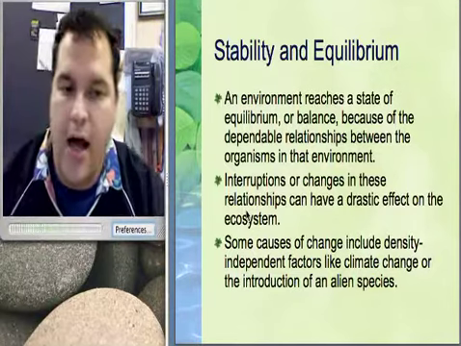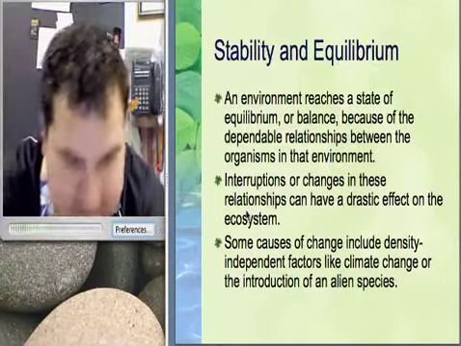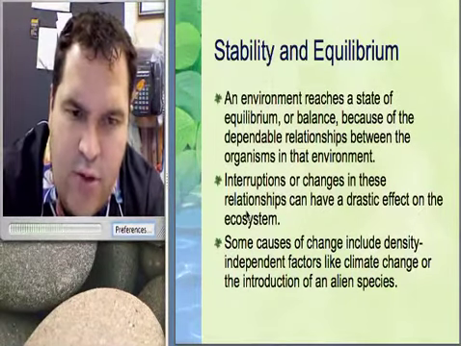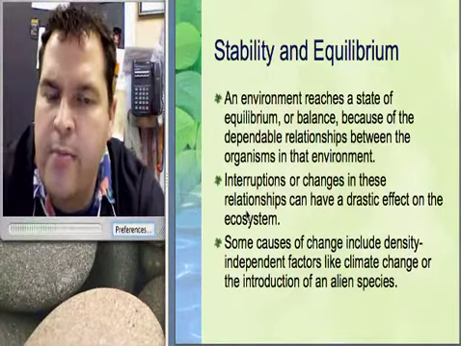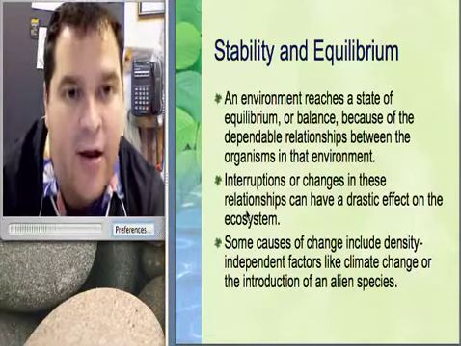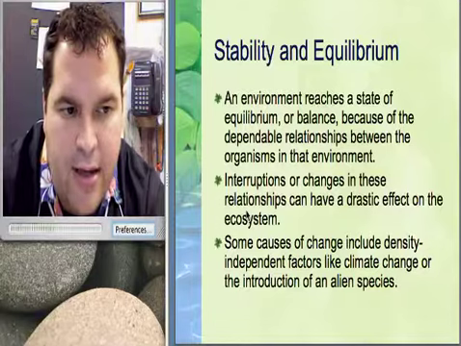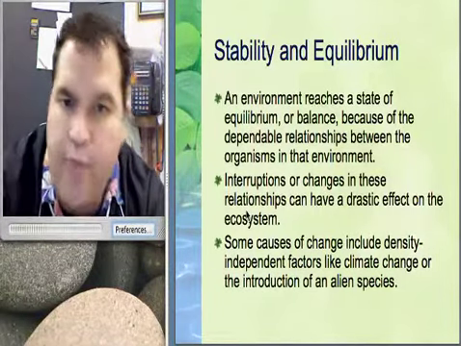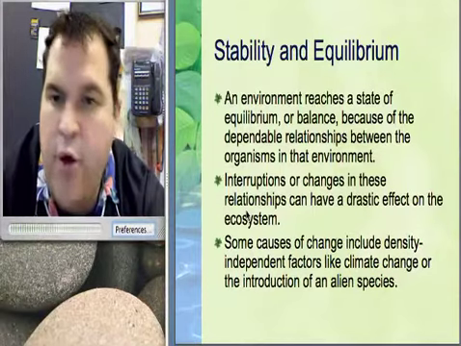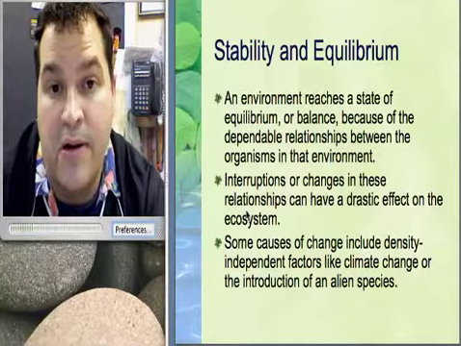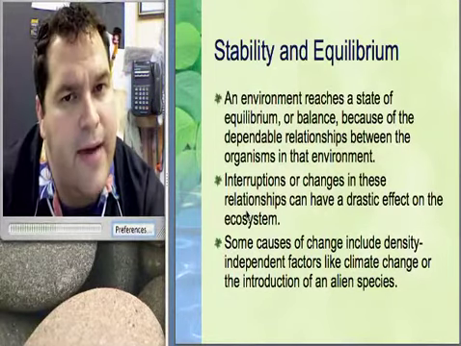Okay, so what I want to talk about next, and this is the last thing we'll talk about, is alien species, because we mentioned it, because that is a way to break up the stability or equilibrium of an environment, which is very important, by the way, because if an environment is stable, it can withstand most changes. But if we throw off the stability by throwing in an alien species, and we're not talking about ET here, we're talking about a species that's not normally from there, we can do some pretty bad things.